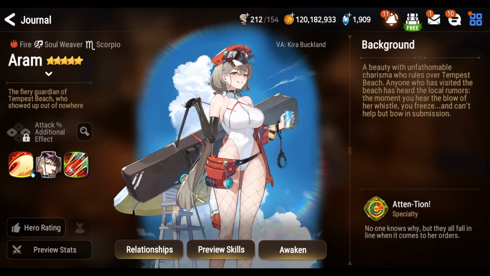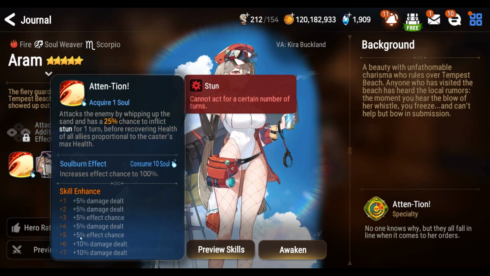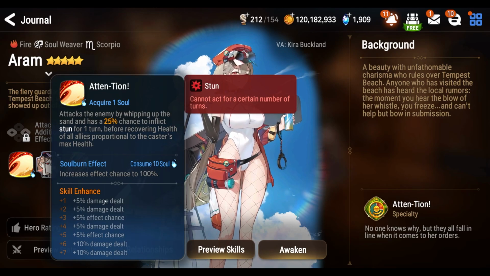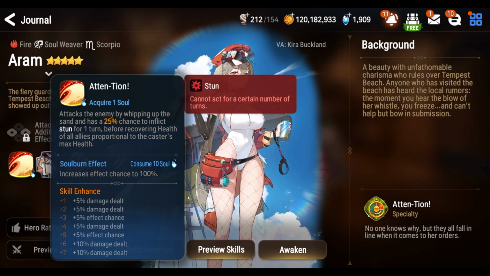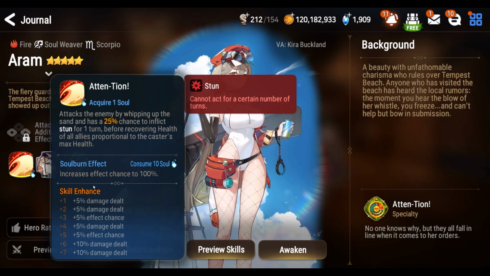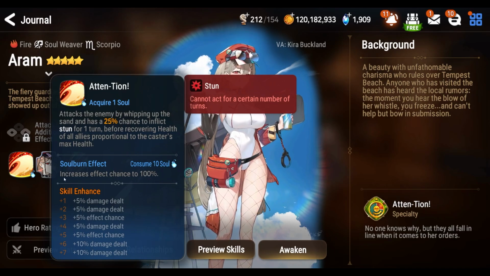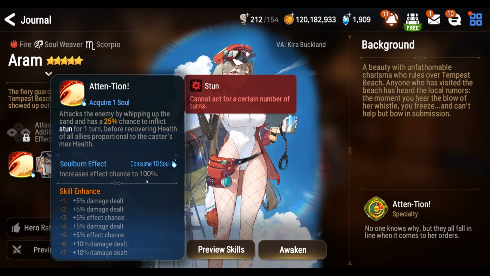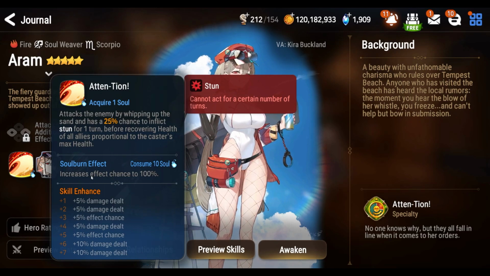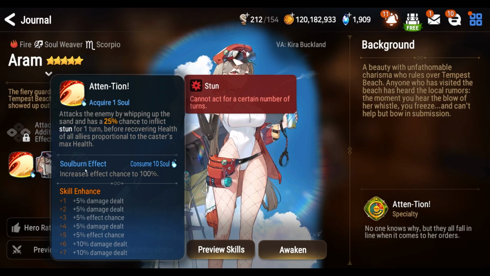For her last skill, I want to talk about her basic attack. Basically, it is a small AoE heal upon hit to your entire team. But more importantly, and this can be kind of annoying when you're fighting her, her soul burn, which is 10 souls, is basically a 100% chance to stun the target that she hits. This is a single target skill, and it is